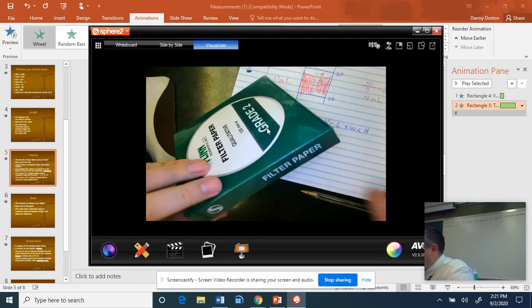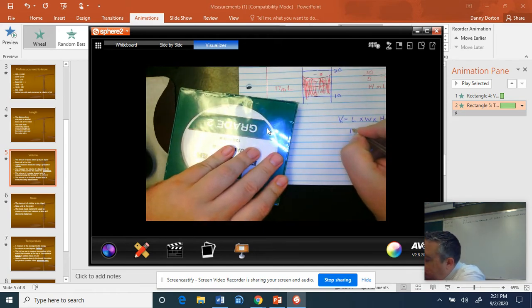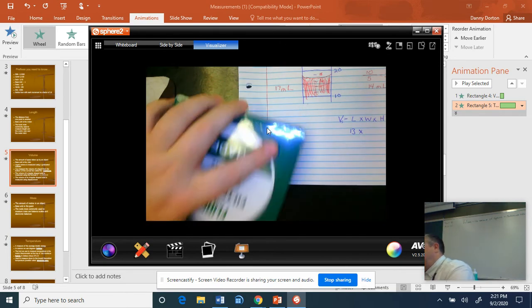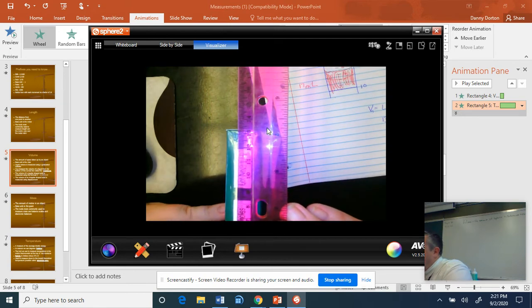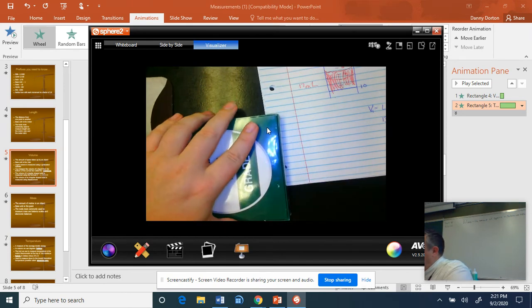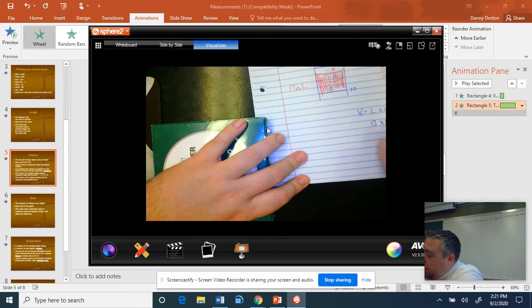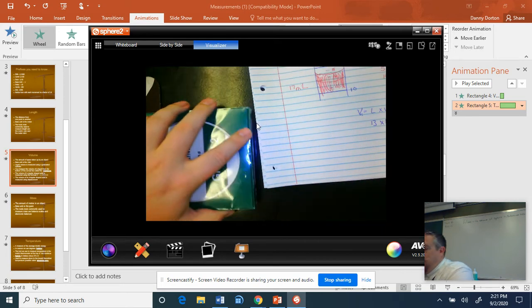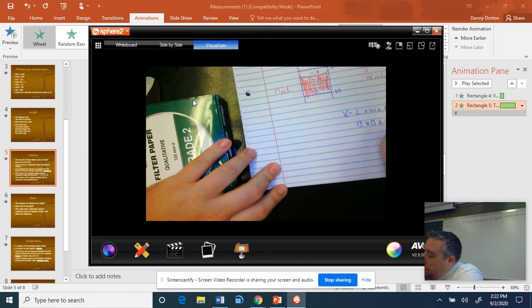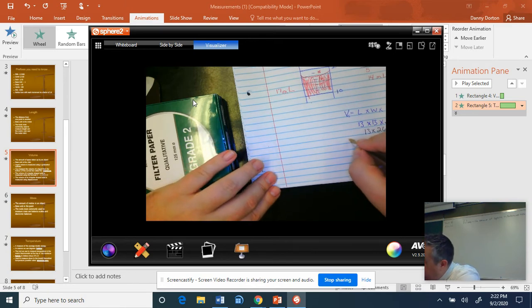let's just give it a length of 13 times the width, which is also 13, times the height, which is 2. Okay, so I switched pens and colors on you right there. Now I wish I was good enough to just do this in my head, but I'm not. So it would be 13 times 26, which equals,